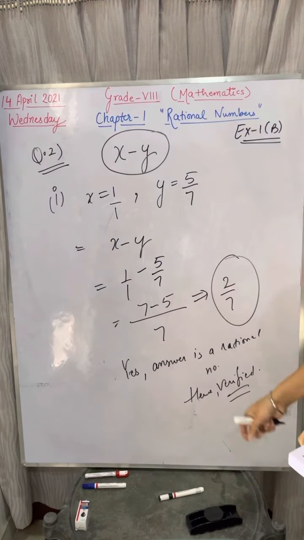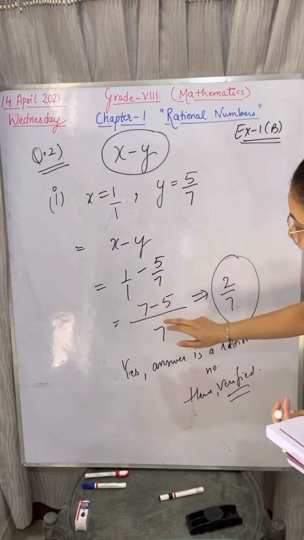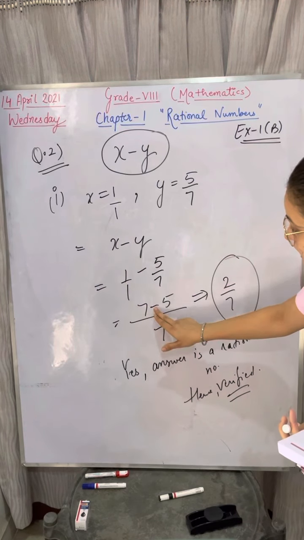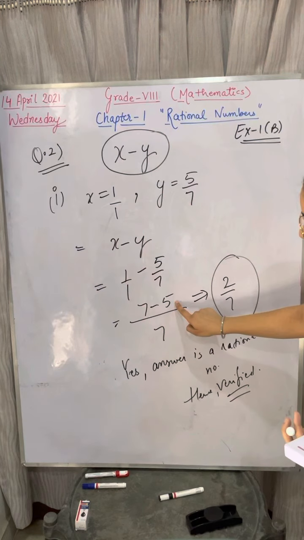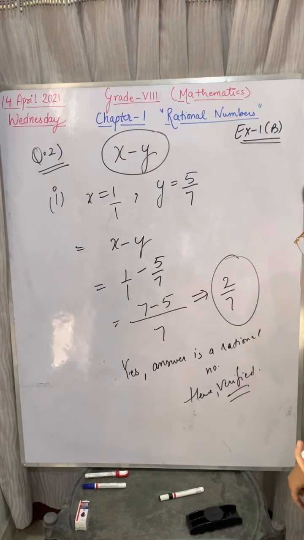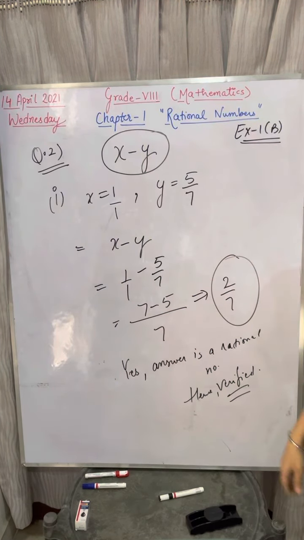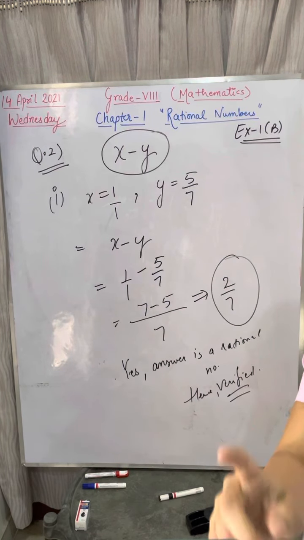How do we subtract? Because we are doing subtraction here. When you take the LCM here, 7 will come here, the minus sign, and minus 5 as it is. 7 ones are 7, 1 into 5, 5. 1 divided by 7, 7. 7 into 1, 7. Here I have taken the LCM, the way we are doing. Okay, got it? Right.